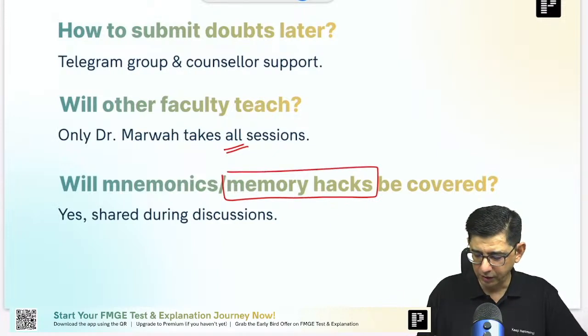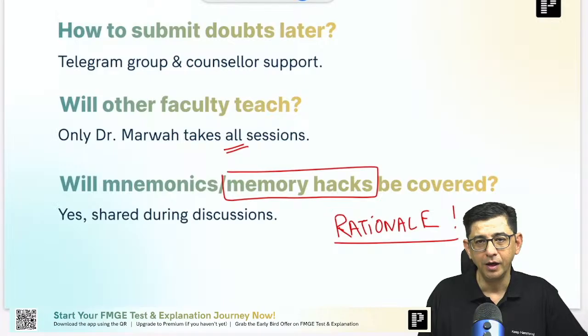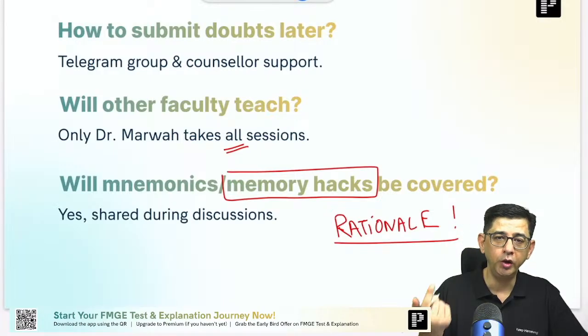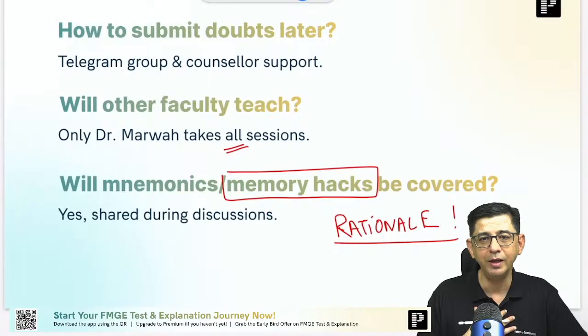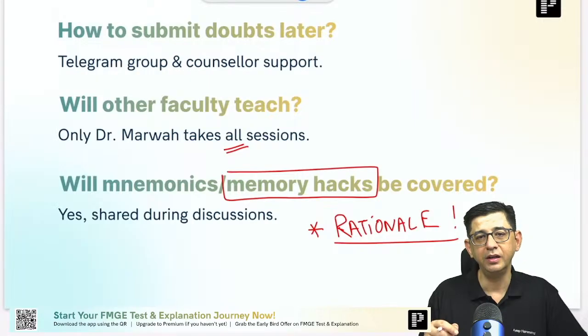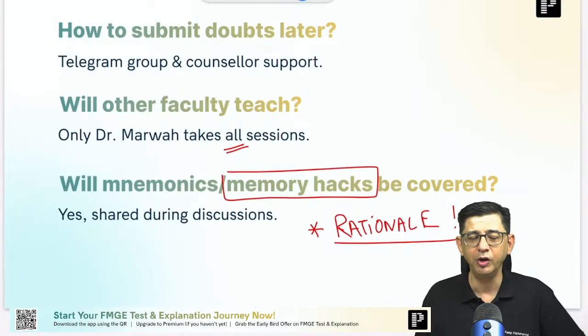So I think this is the most important thing. Even when a case comes to a doctor, the patient asks us, why did this disease happen? So for me to be able to look into the eyes of the patient and tell him why this disease happened, I need to have clarity myself. So I think the rationale is the most important thing that is applicable for any doctor per se, because nowadays